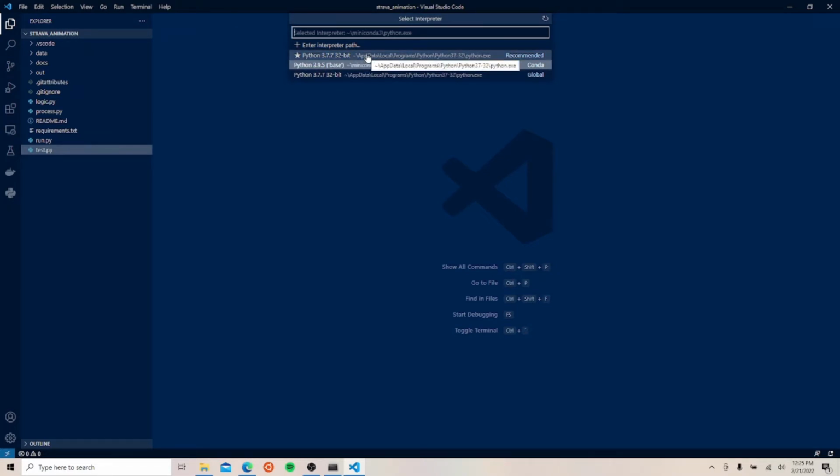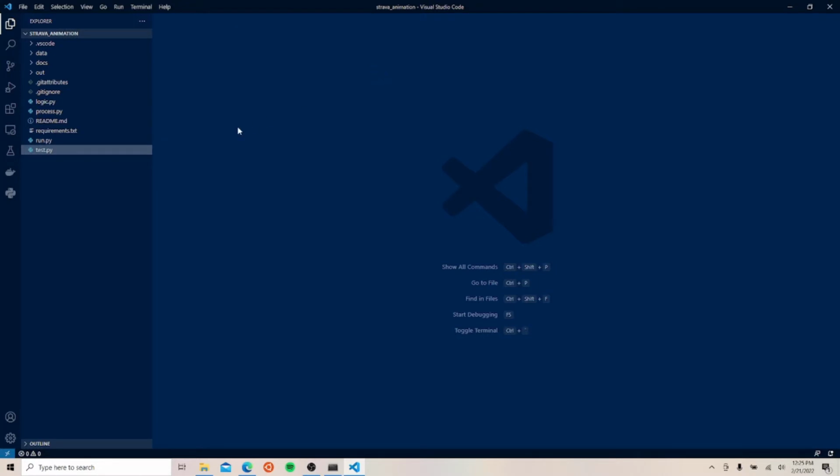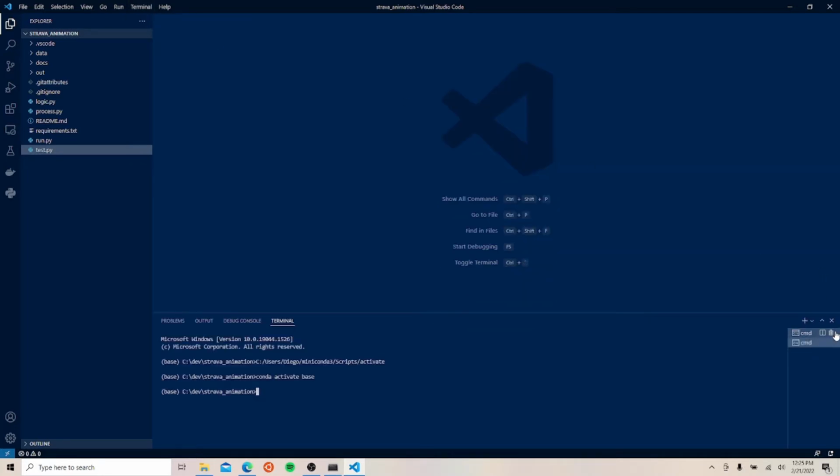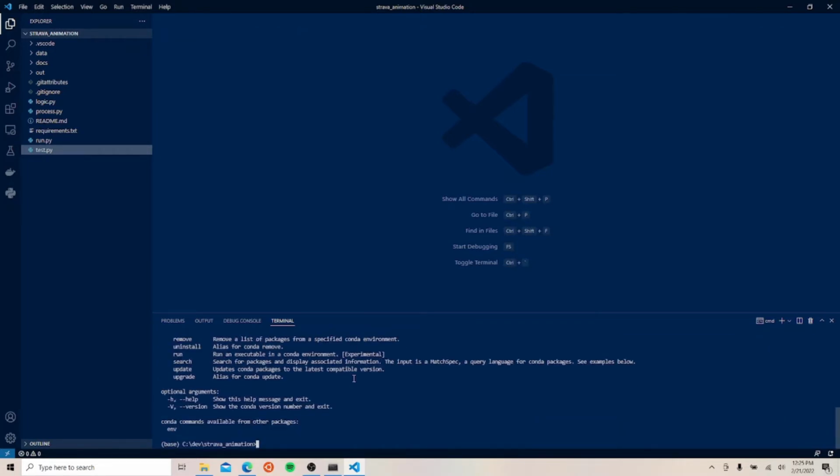Since I have Python installed as a standalone on my machine, and also Miniconda, which also uses Python, I have to select the Miniconda, or the base one. If you have different environments installed, you can use that as well. Awesome. So when I do the new terminal, it's a CMD, Anaconda Activate base, and I'm good to go. So I can just type Python, or I can type Anaconda, right? So Python,